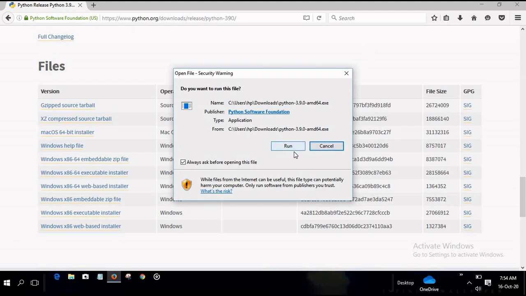You can see here an option Run or Cancel. When you click on this, then it is going to be installed.